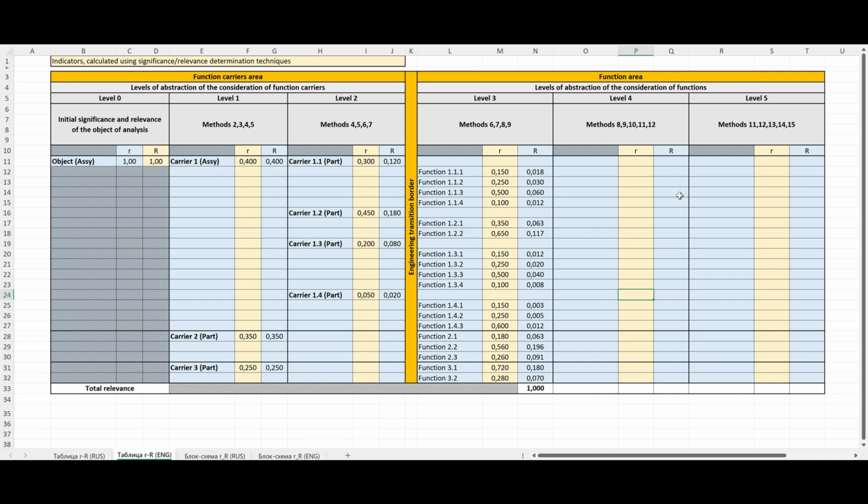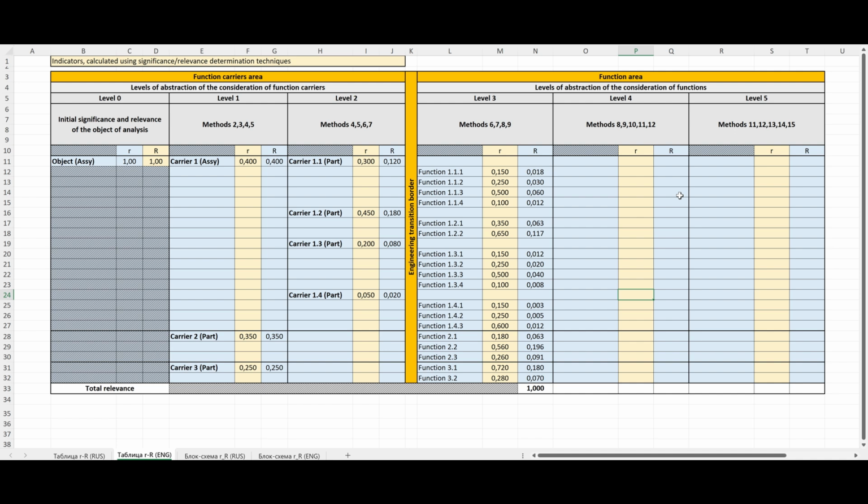The significance relevance table as a field is based on the standard forms of assessment of significance and satisfaction, which we have already mentioned in issue number 12 of the theoretical course, and is thus a kind of intermediate link between the survey to assess satisfaction and quality of implementation of functions and the functional model. Let's consider an alternative, or rather a tabular display of the significance relevance flowchart given in issue number 11 in more detail, since this form